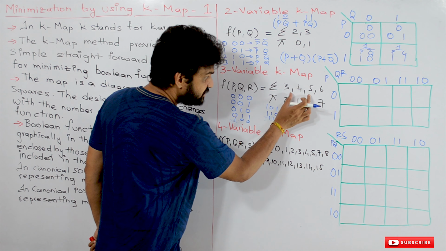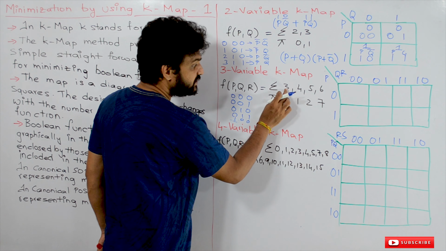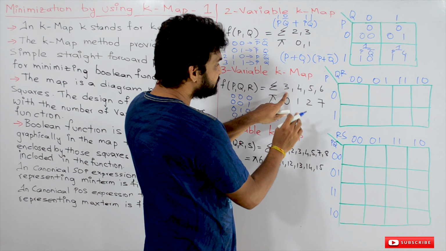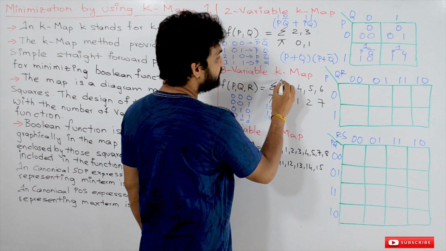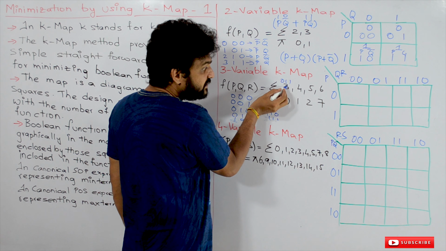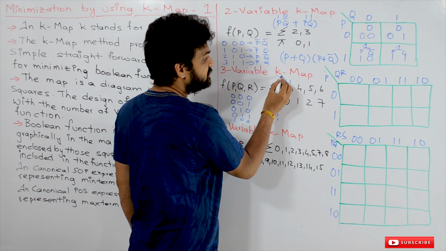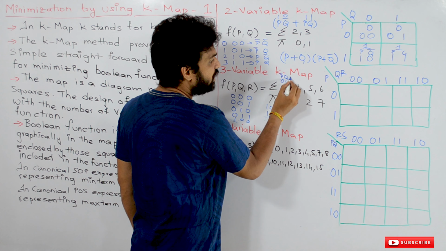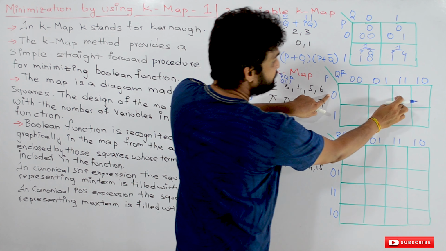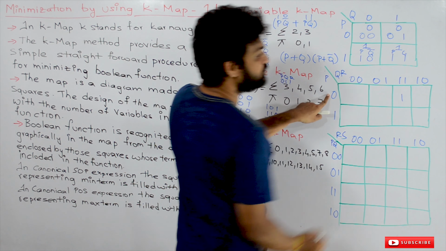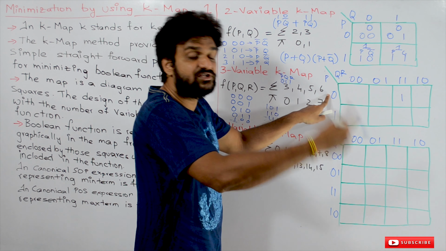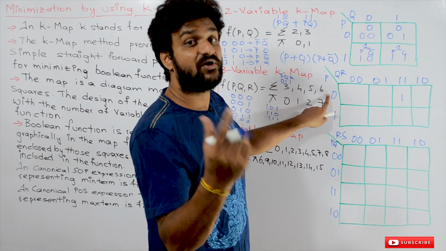If the expression is in sum of products, each and every min term is filled with 1. What does that mean is, this is 3. How is the 3 represented? It is represented as 0 1 1, and the corresponding min term for this is P bar Q R. So 0 1 1, see here, P is 0, 1 1 means this one. So this is representing 0 1 1, and each and every corresponding min term is filled with 1 if the expression is sum of products.